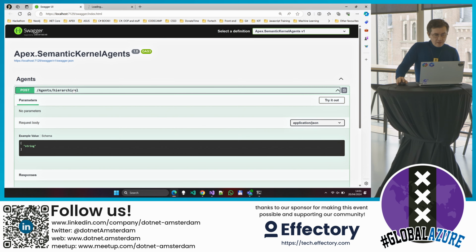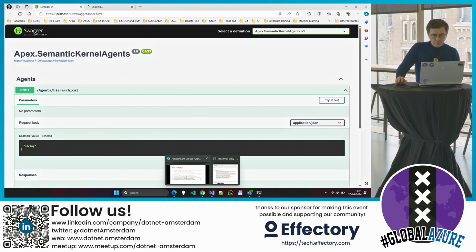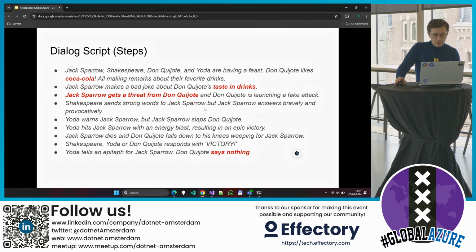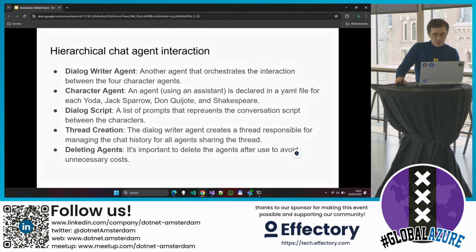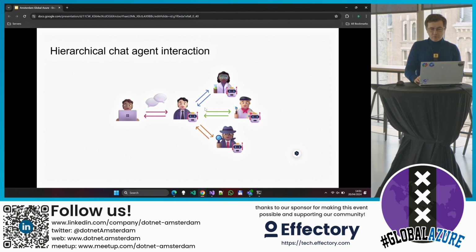So let's try one of these approaches, but let me first tell you how we can put these agents to work, how they can interact. So I have declared these agents. I have created a thread, and then I should not forget to delete the agents because they are resources.